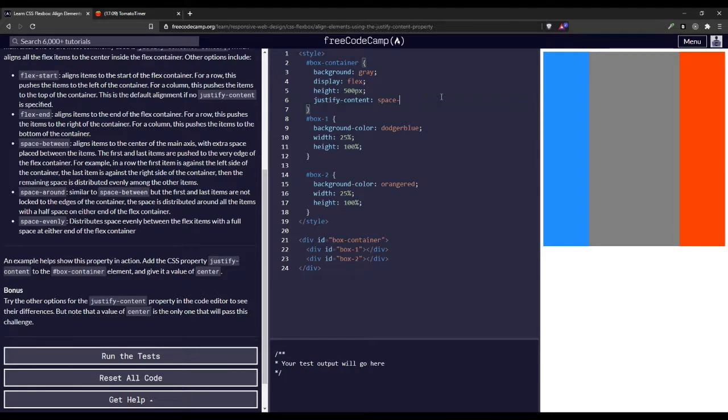It's a little far. Space around. I think that looks pretty good. Space evenly. I think, yeah, that even looks even better. I like the space evenly. I think that's the best way. Center might make him too